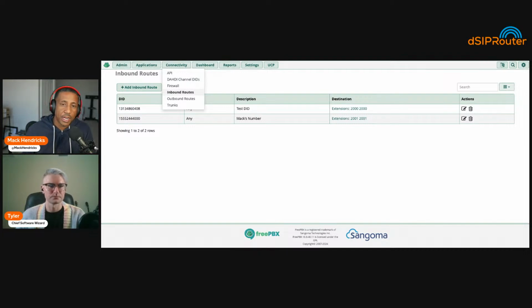This module doesn't help with that, but one of the key things dSIPRouter does is allow you to centralize it. Instead of setting up your carrier information in every one of your FreePBX servers, you can set it up once in dSIPRouter, and then all of your FreePBX servers will route traffic through that.